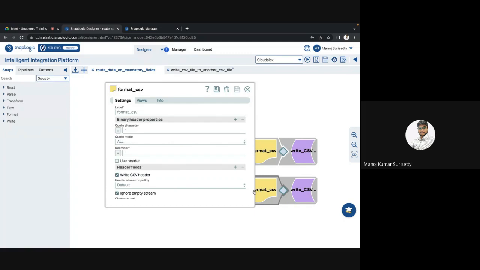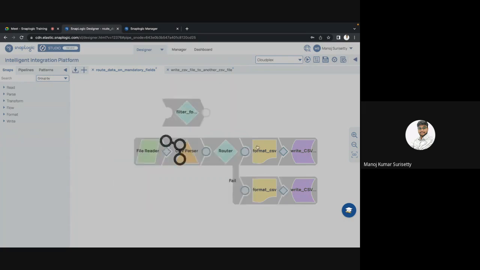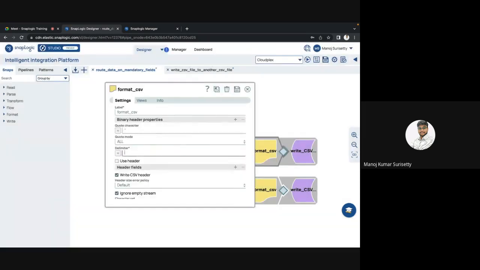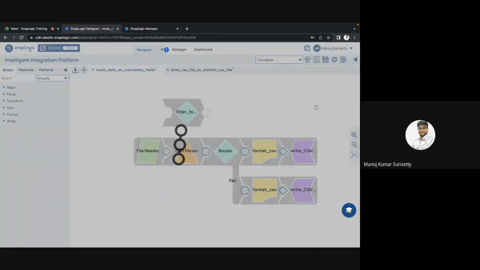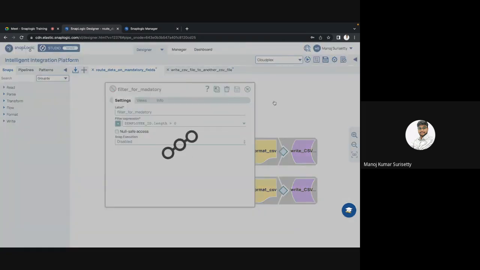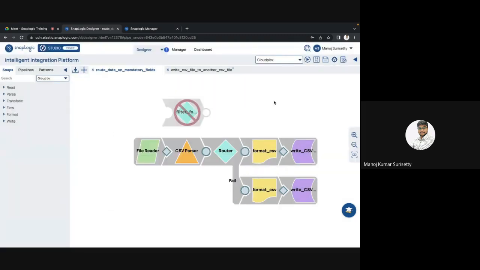I will have them formatted in the same format, having delimiter as comma and everything. I am not changing anything. So if I run this,